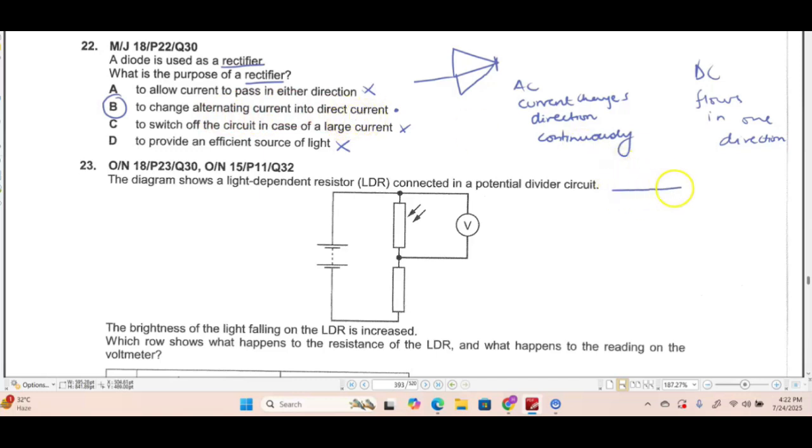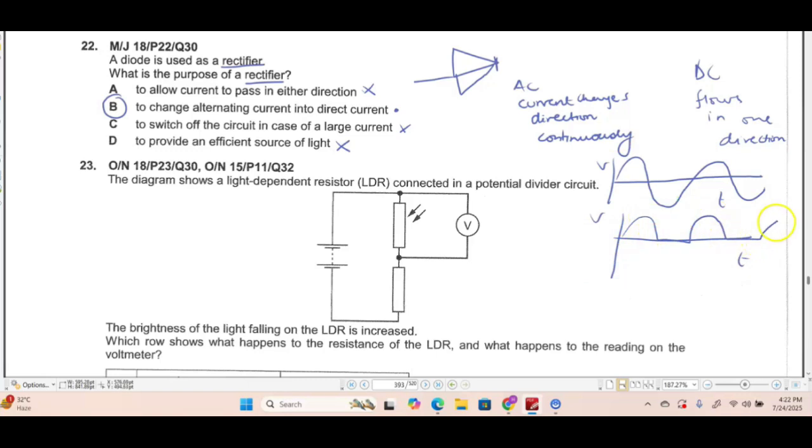If we were doing the past questions with the graph between voltage and time for the alternating one, then it was like this. Okay? Because it was changing directions continuously, and with a diode the voltage time graph turned into just this, then flat, just this, then flat. Okay? There was no room for anything else in it. So a rectifier also works in this manner and it changes alternating current into direct current. This is the correct option.